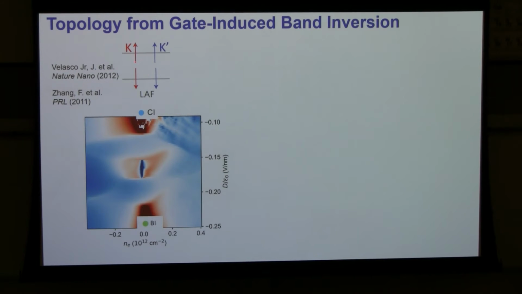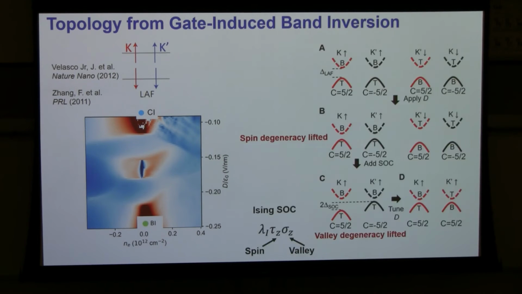If you remember, at 0 displacement field, 0 charge density, it's an insulator due to correlation in the flat band. And we think this state is the so-called layer antiferromagnetic state, which means the spin has a preference of which layer to reside in. Okay? In that ground state, spin up electrons in both K and K prime valleys are on the top layer, and spin down electrons in these two valleys are on the opposite layer. It just happened to be like that as a ground state. And then you can tune the displacement field to make transitions to other phases. Okay? So this is how it works.